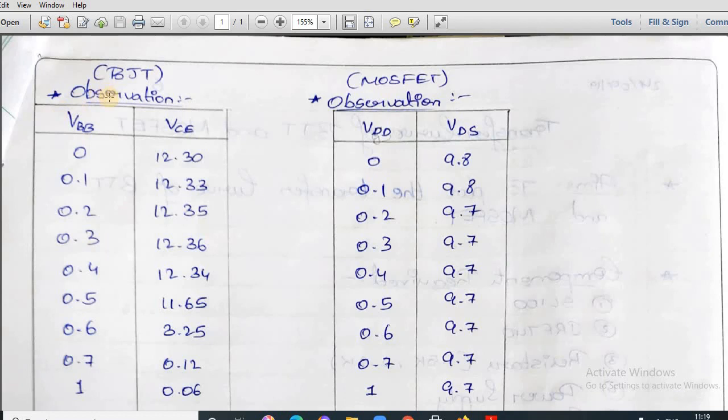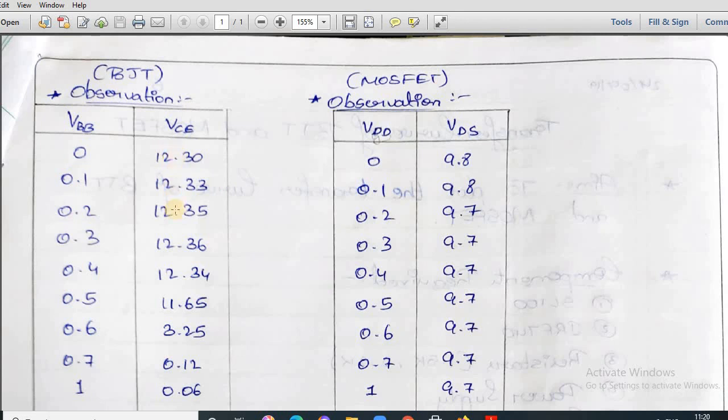This is the observation table of the BJT transfer curve. As we have already discussed, the input voltage VBB is varied, and we are looking at how the output varies with respect to input. That is, we are recording the values of VCE voltage. What we observed is, as we go on increasing the input voltage, initially the VCE voltage is constant,